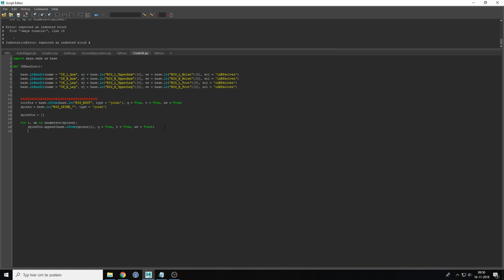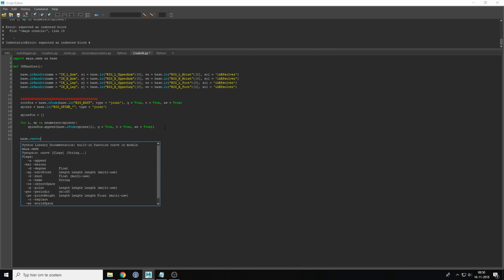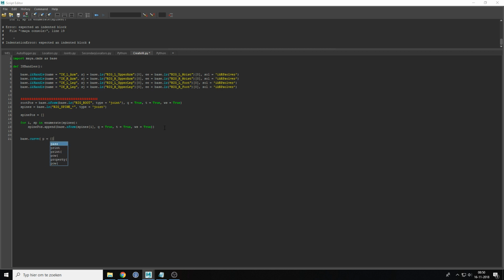Beautiful. Now, you can't make a for loop in a function or in a my command. So what we're going to do is make an empty curve, which is the simple curve with one control vertex, which means that is the root joint, and then we're going to add new control vertices to that actual curve. So first I want to make an empty curve, or a simple curve, with just one control vertex. That will be again p is bracket bracket. In this case that will be the root position